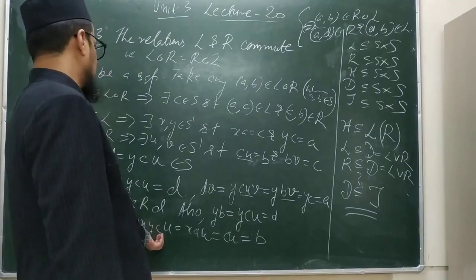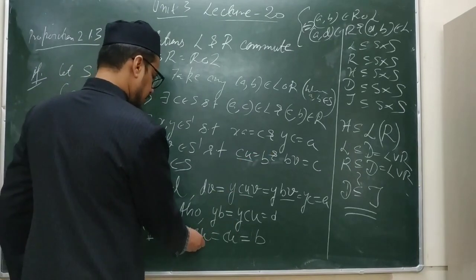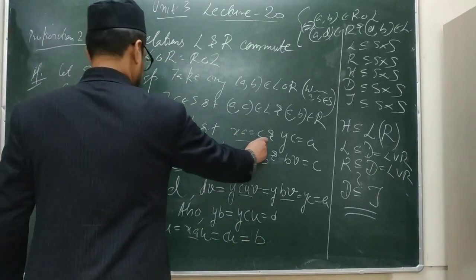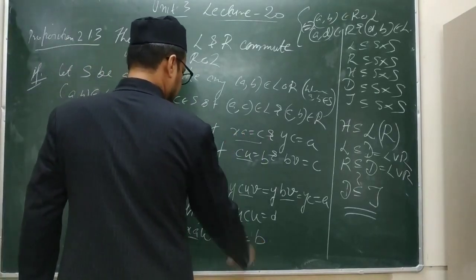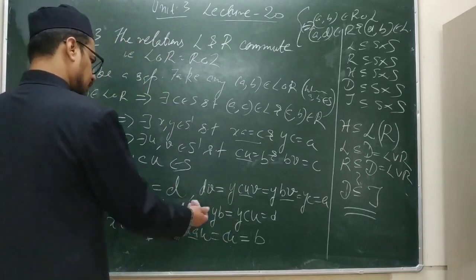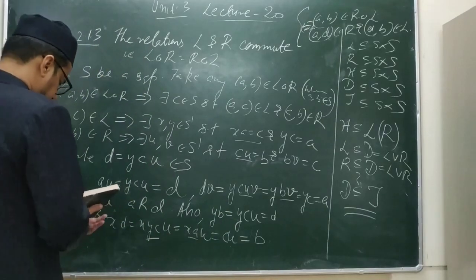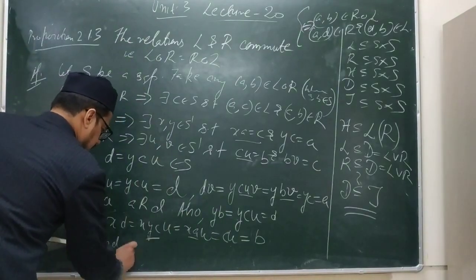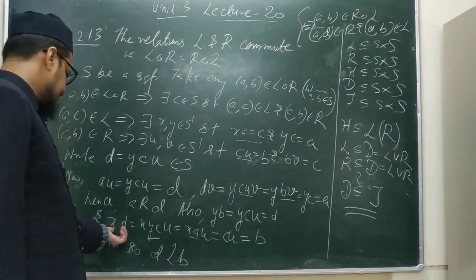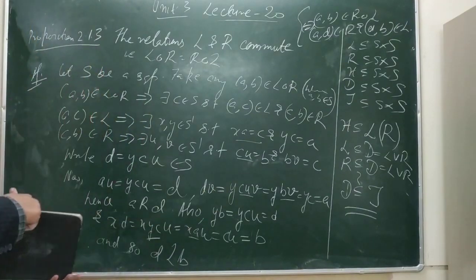YC is A. So it is XAU. Now XA is what? XA is equal to C. Correct? So it is CU, and now CU is B. So now you see it is satisfying the criteria of DLB, because XD is equal to B and YB is equal to D. So DLB. So in this way, what we have